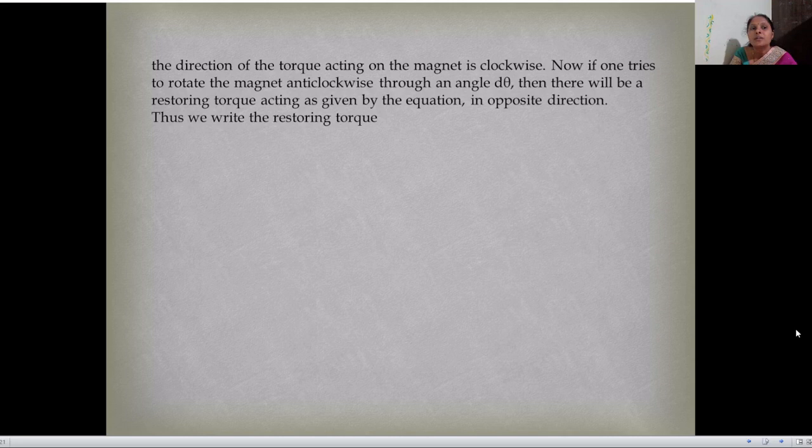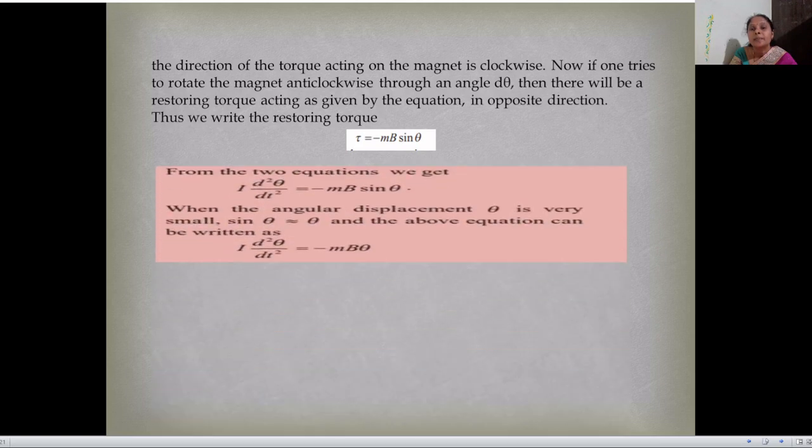Now, if one tries to rotate the magnet anti-clockwise through an angle delta theta, then there will be a restoring torque acting, as given by the equation, in the opposite direction. Thus we write the restoring torque as minus mB sin theta, and from the two equations we get I d²θ/dt² equals minus mB sin theta. When the angular displacement theta is very small, sin theta is approximately theta, and the above equation